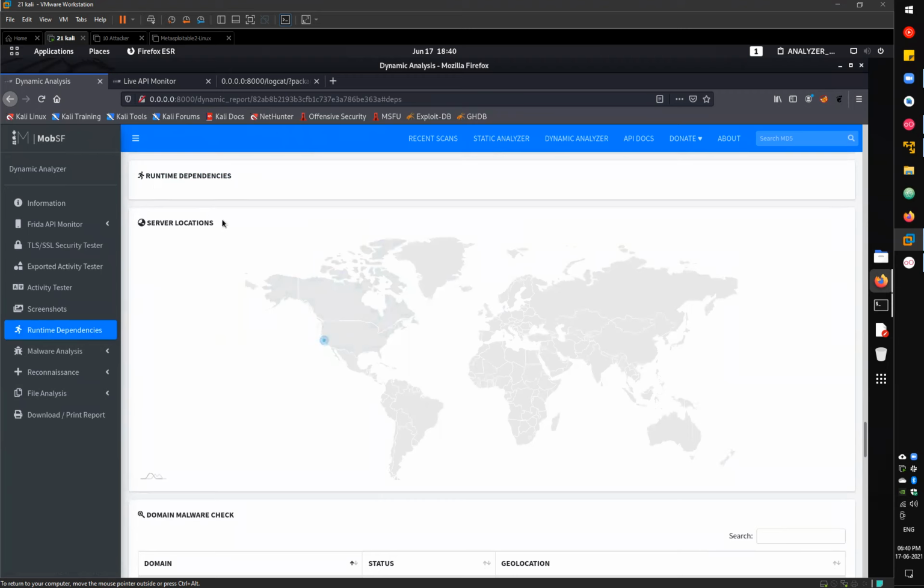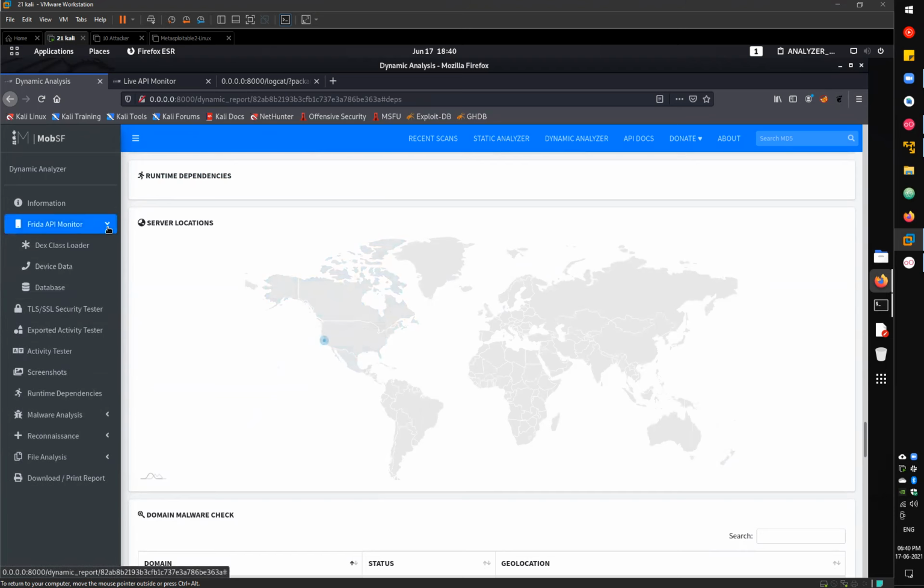Let's say you are talking about simple google.com. If any kind of data was shared, or any kind of link was available in the application for google.com, the location for the Google application will be listed out here. Like if I go with the links here, let's go with this part, API monitoring, and let's go with the